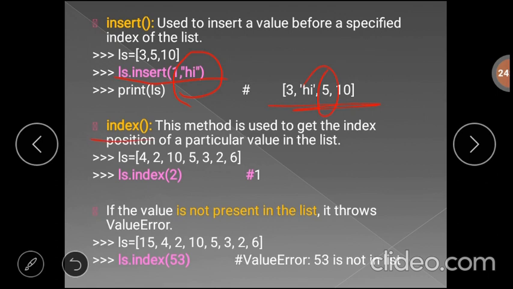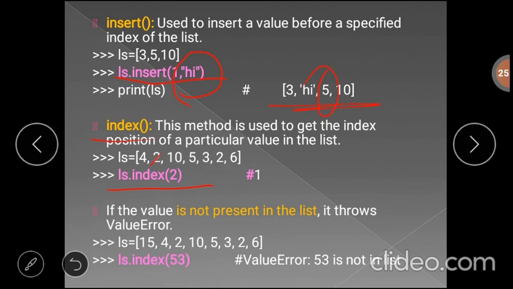Okay, this method is used to get the index position of a particular value in a list. Suppose here you give ls dot index of 2, that is the index value of the element 2. The index position of that 2 is 1.